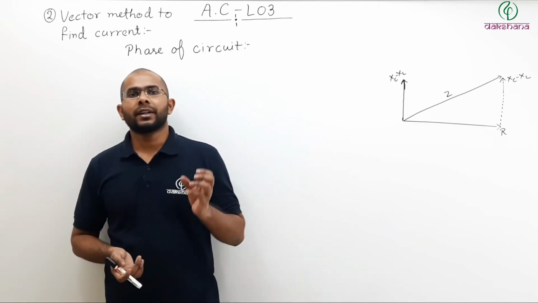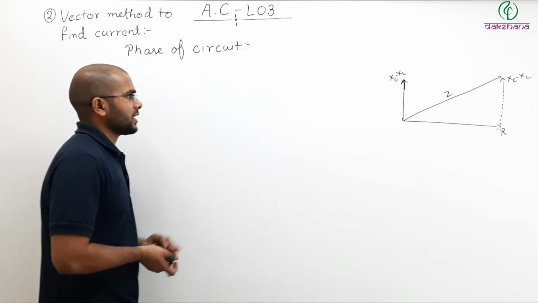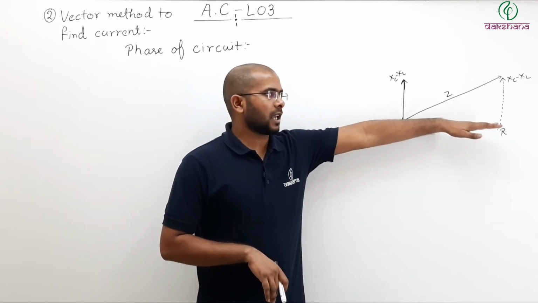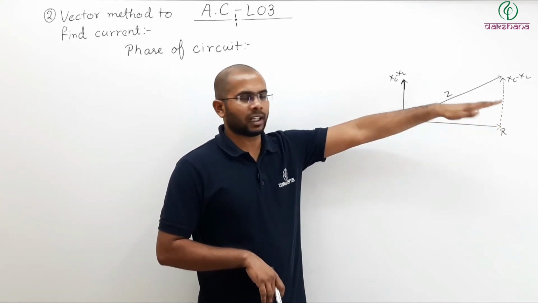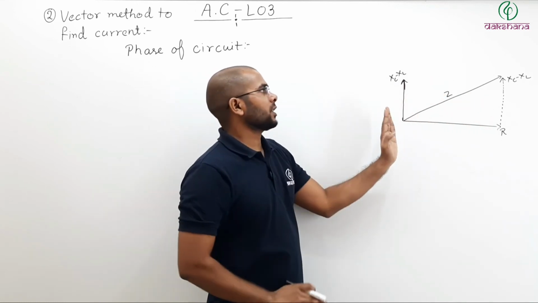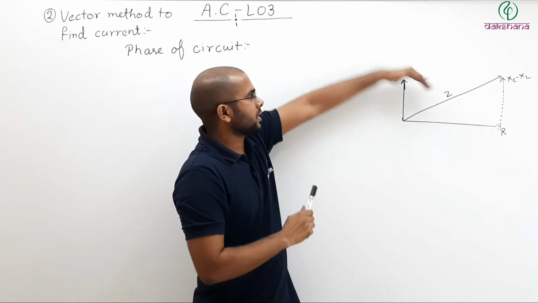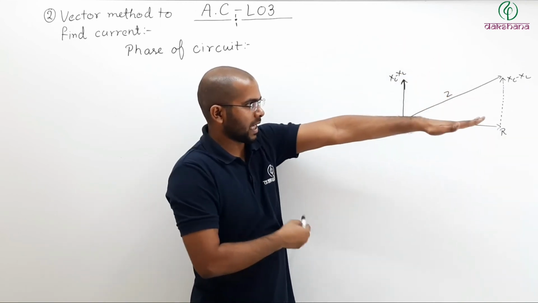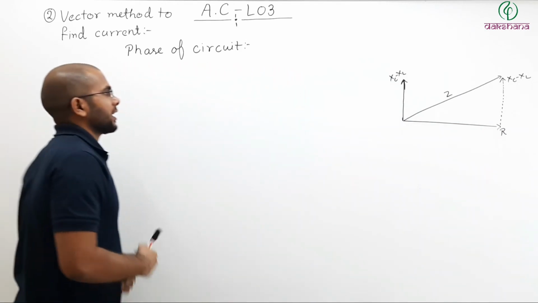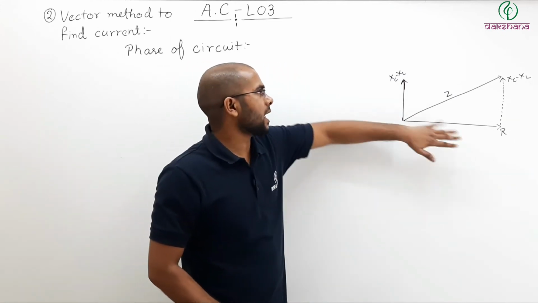Now let us try to find out the phase angle of the circuit. We have seen that if there is RLC or any of the combinations, then R is along the x-axis and the voltage is taken along x. So for the resistance, voltage and current are in the same direction. For the capacitor, voltage is this, current is like this, 90 degrees. For the XL or inductor, voltage is like this, current is downward, so minus pi by 2. And what is the effective resistance or the impedance? Z. Z is nothing but the vector sum of R, XC and XL.